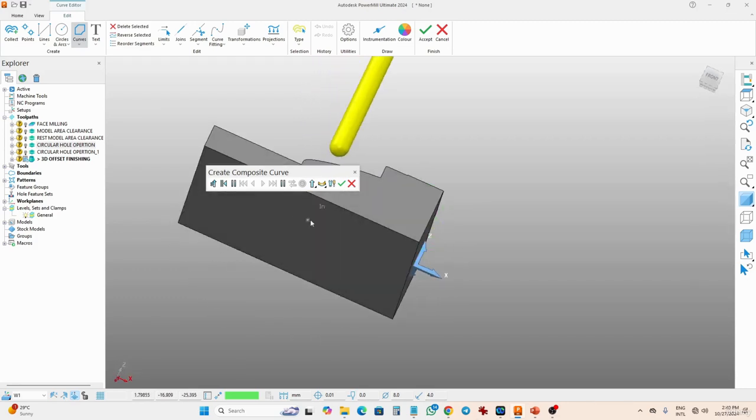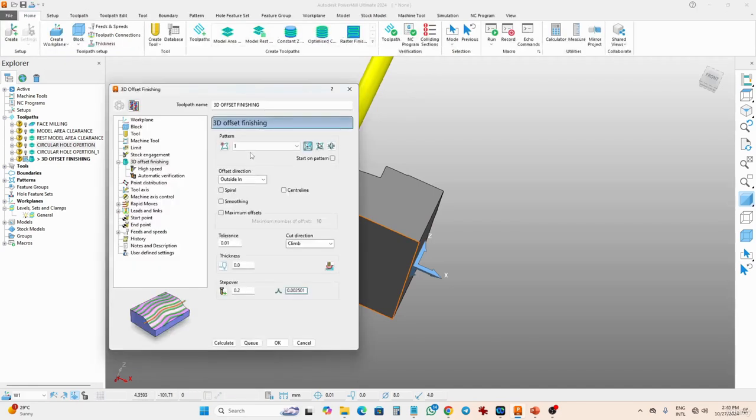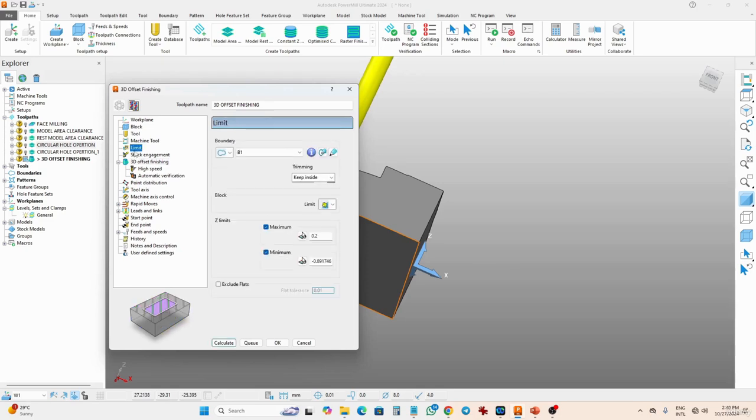So I just pick up the outer boundary, this one, and say that according to this outer boundary, the pattern of the operation is going to be performed. So accept it. That's it. So set the step over distance, which is 0.1. And if you want to limit the operation, you can also use the P1 operation, or you can just go and create another